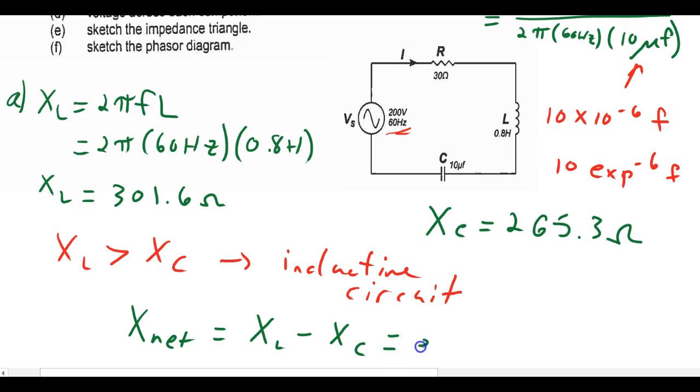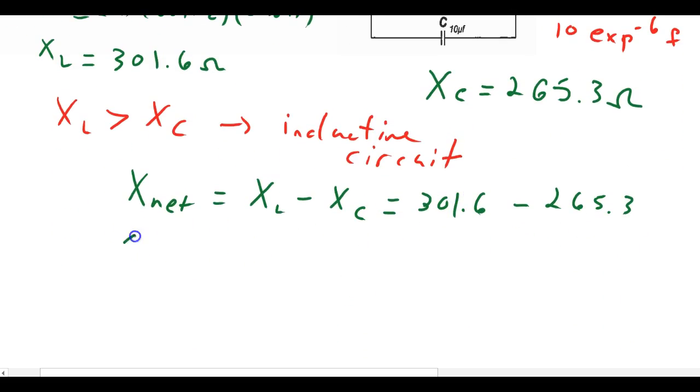And so we have then 301.6 subtract 265.3, and X net becomes 36.3 ohms. Now, we are not asked to sketch the impedance triangle yet, but remember that if this circuit is